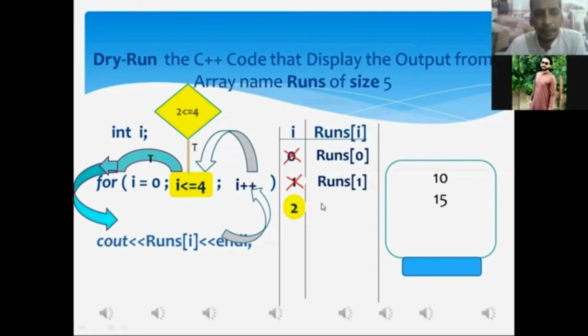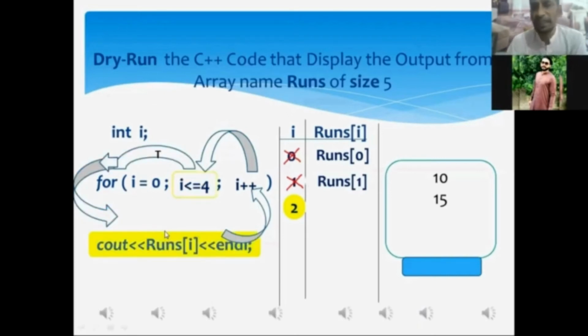Mr. Aftab, now you can watch. Control of execution has been shifted to the cout statement over there. As a result of the cout statement's execution, whatever data value has been stored in the memory address of the array that we have specified in the cout statement must be displayed onto the monitor screen. Is it so or not?